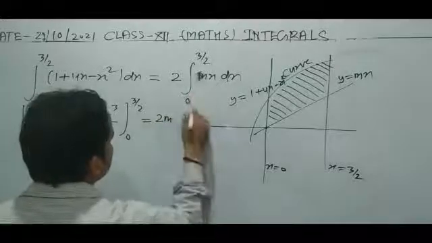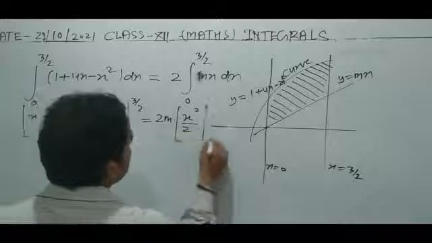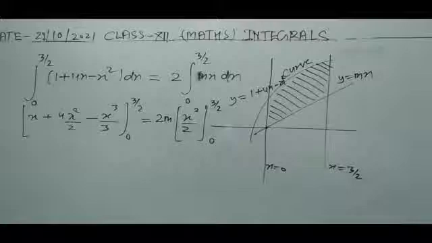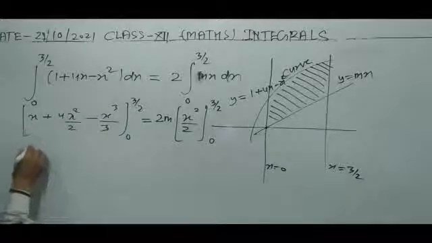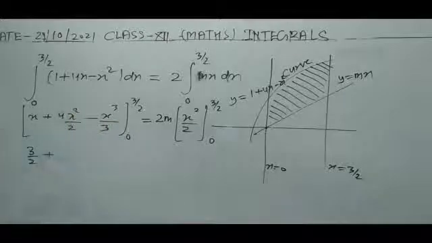With the integration of x dx, the result is x square by 2, from 0 to 3 by 2. Now we are going to put the upper limit. So when you put the upper limit, the result will be 3 by 2 and plus 3 by 2 means 9 by 4. So 4 will cancel out, so the result will be 9 by 2 and now minus 27 by